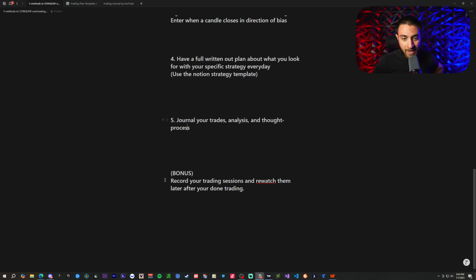So final bonus tip. This might be helpful for a lot of you, especially if you're trading with prop firms, okay? It's going to be pretty similar to the fifth one, but a little different. You're going to record your trading sessions, for example, with OBS, and rewatch them later after you're done trading. The reason this is going to be so helpful, I also did this when I was learning my specific strategy,